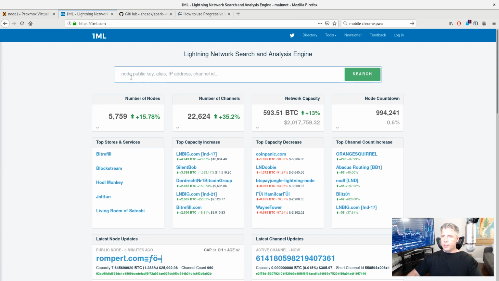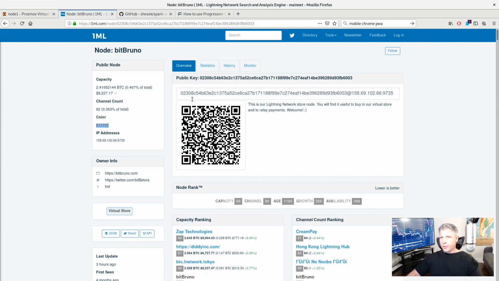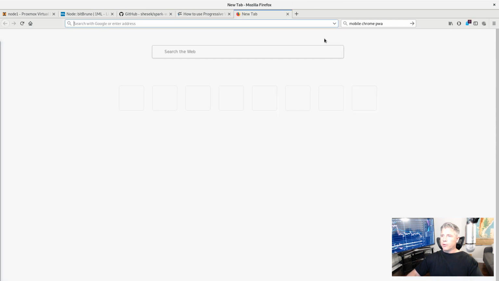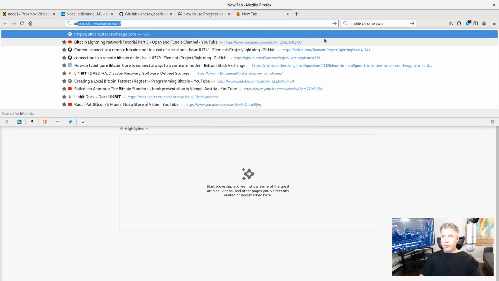There is one I think it was called BitBruno. Taking a little bit. So there's BitBruno. They have a large channel count. They have about 8,000 capacity. So if we go to bitbruno.com,